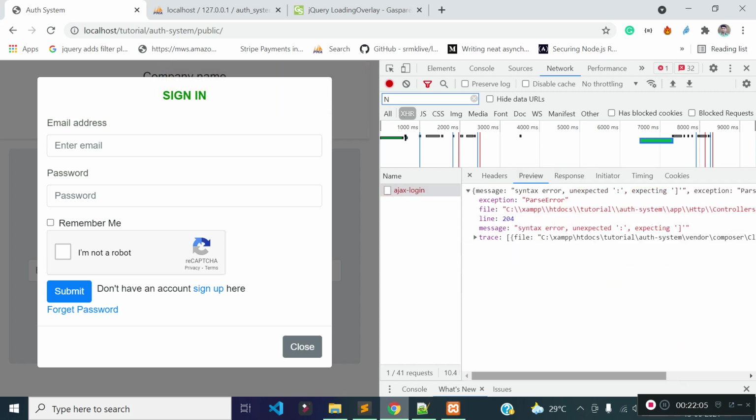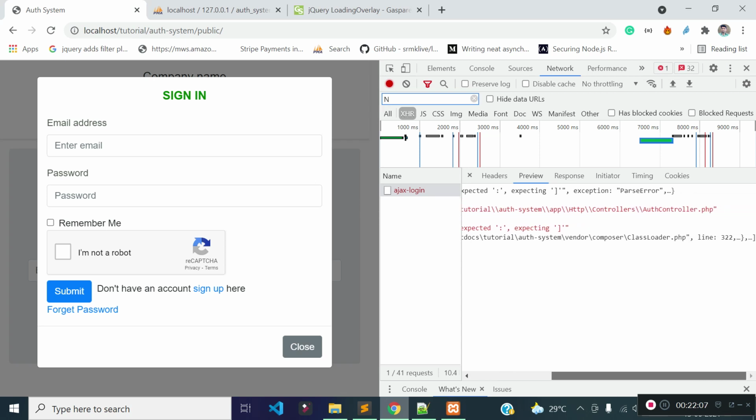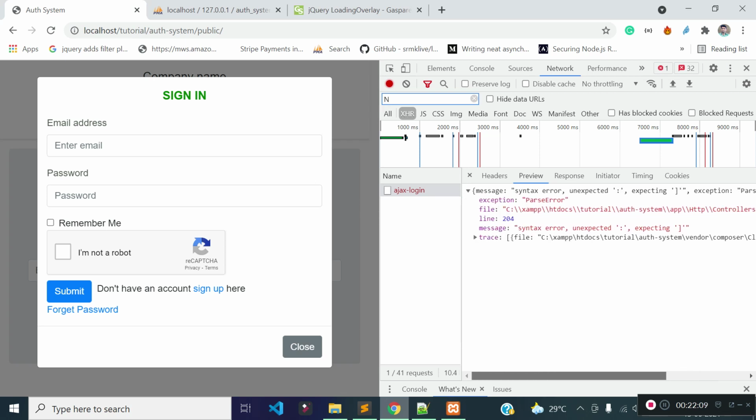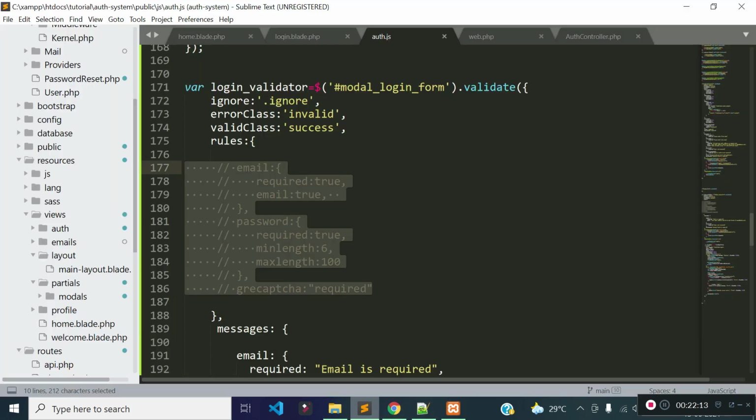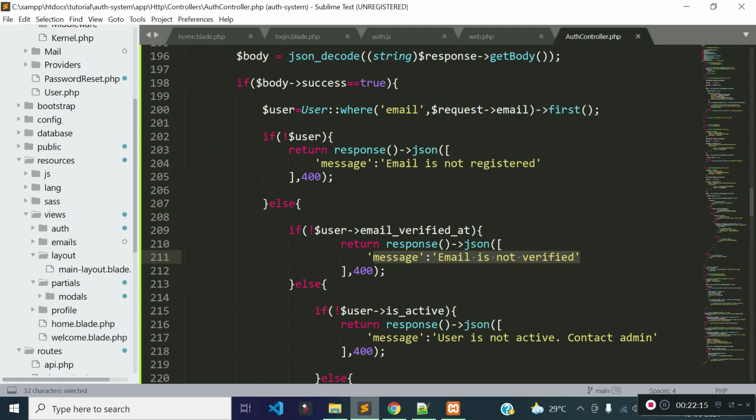Okay, there is some error at line number 204. Let's open our auth controller, line 204. Okay, this should not be like this. I made a mistake. This should be like this.